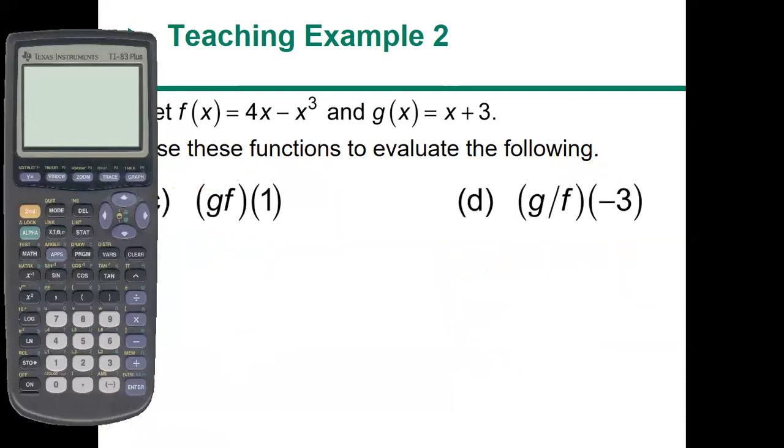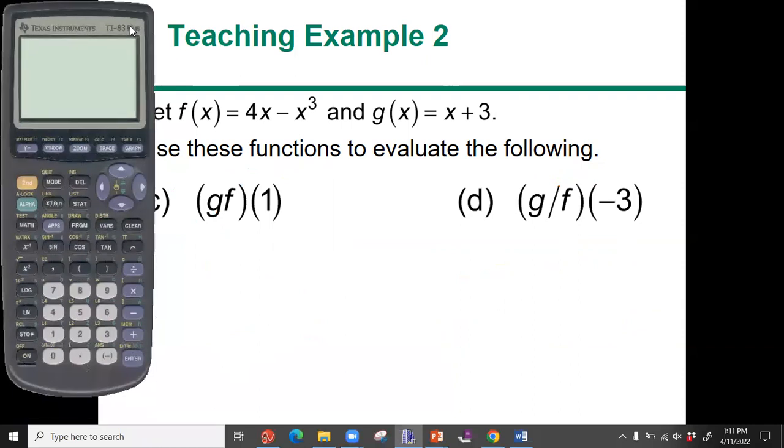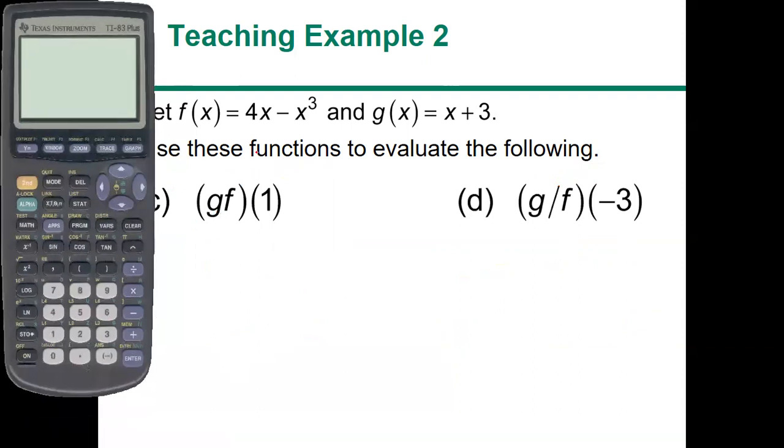Okay. All right. Now, do you think that multiplication and division are going to work any differently? No. If you said no, then you were correct. What I am going to model here is that you can do it all at once if you choose to, instead of doing it in parts. So if you're doing G times F, that means you have x plus 3 times 4x minus x to the third, right? That's the G times F part. Agreed? Yeah. Now, this tells you that for every x, you're going to turn it into a 1. So now this becomes 1 plus 3 times 4 times 1